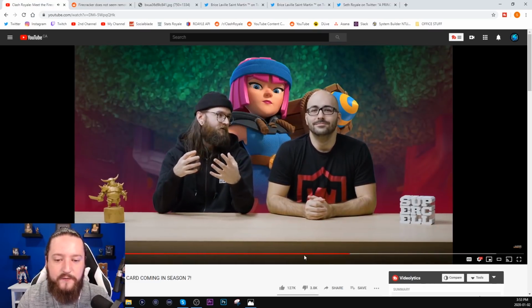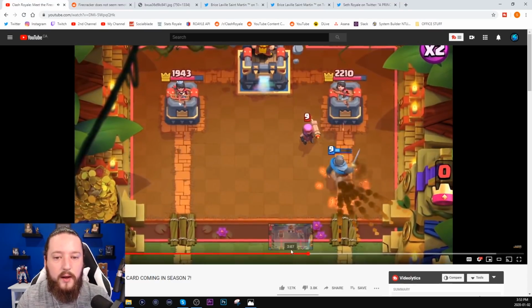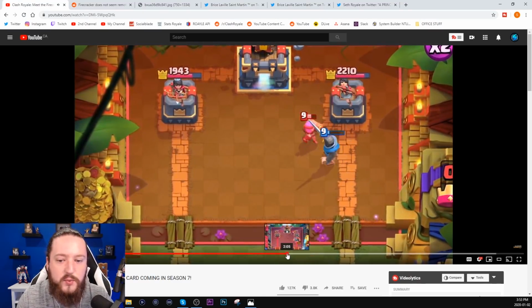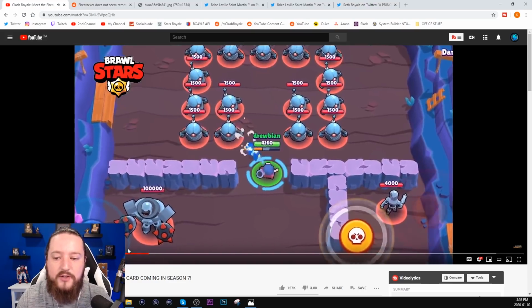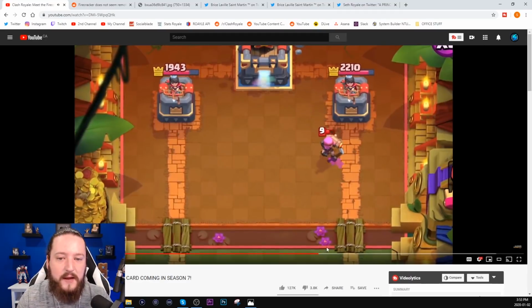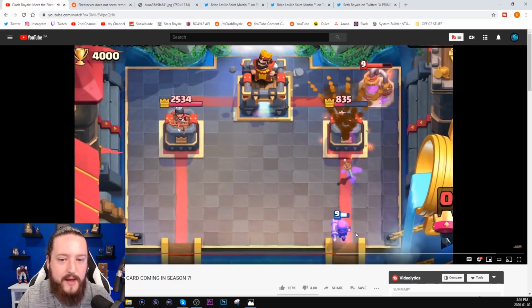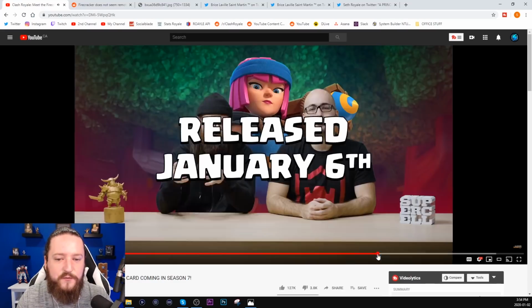Just keep that in mind. For example, if you are cycling Firecrackers behind your king tower, you just don't get as much out of her as you would a Princess or a Magic Archer in terms of cycling behind the king tower. She does have that knockback effect, similar to a Sparky. Whenever she shoots her cannon, she knocks herself back, which is very, very cool because against, for example, a melee